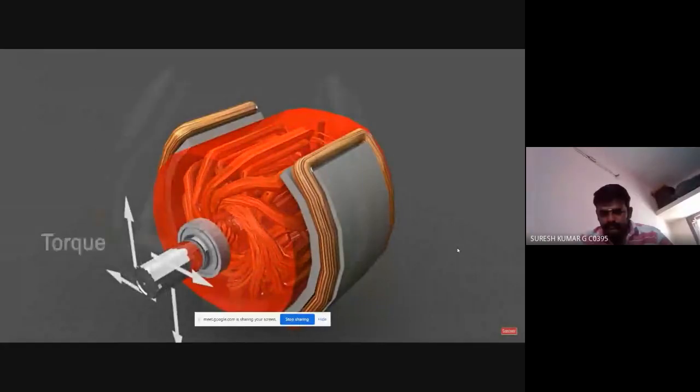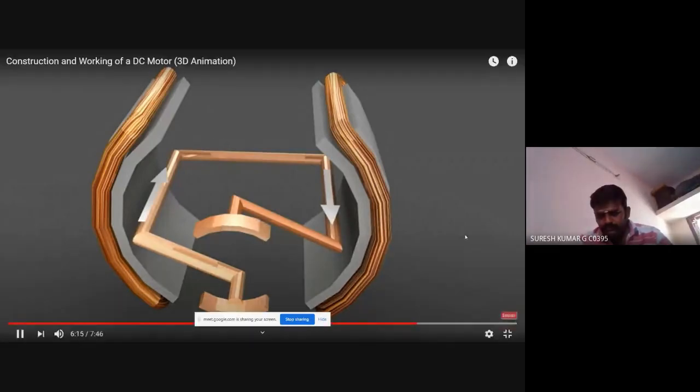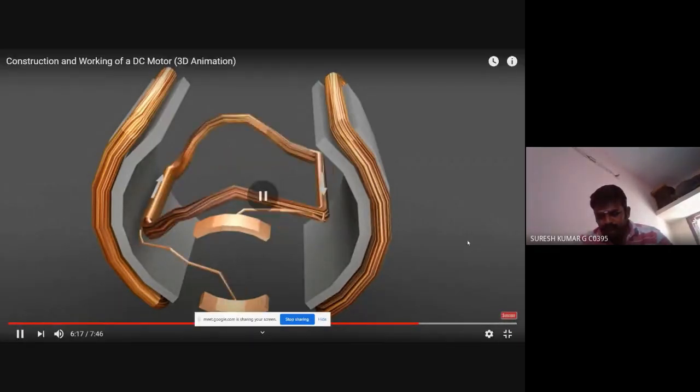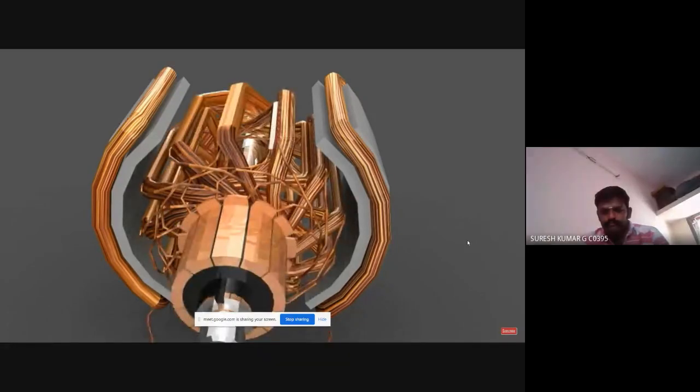Let's have a look at the coil design. If a single turn coil of thick wire is used here, then it allows higher current and gives higher torque. Whereas if a multi-turn coil of thin wire is used, then current and torque are reduced, but we get higher speed. That means at the time of manufacturing, we can decide whether we want a high torque low speed machine or a low torque high speed machine.